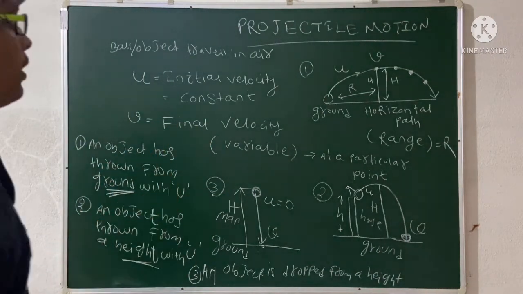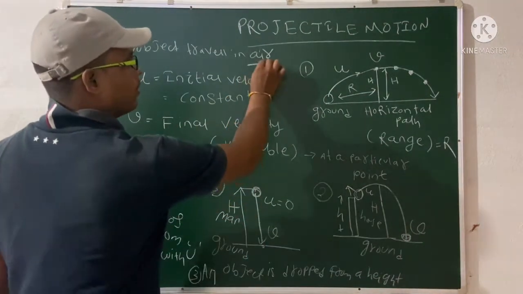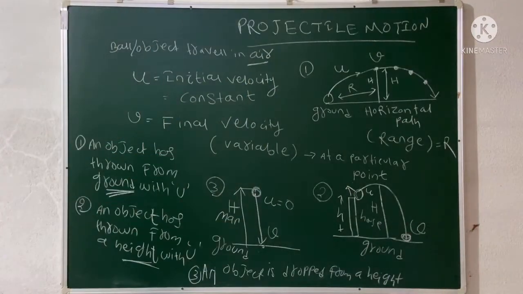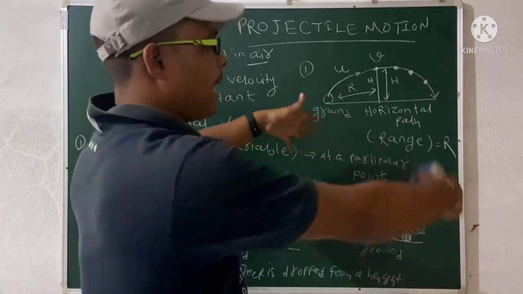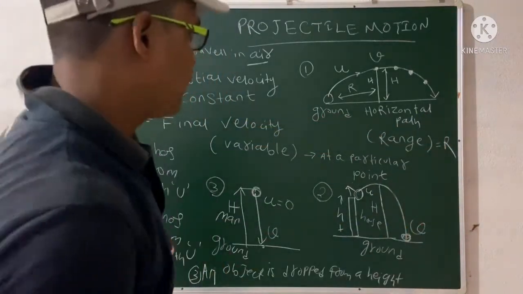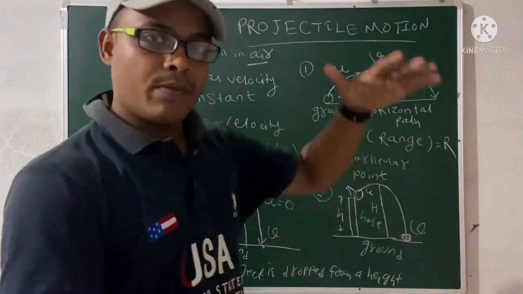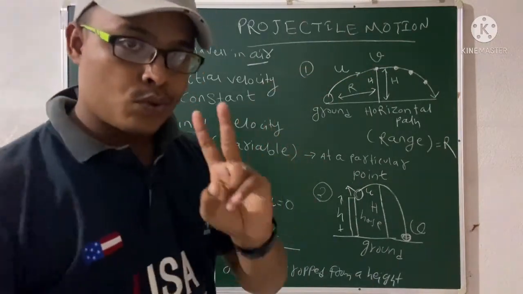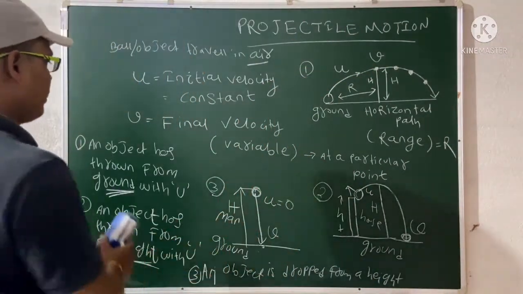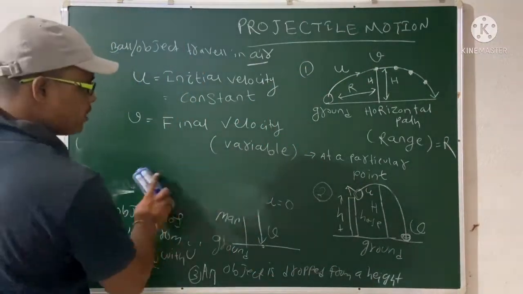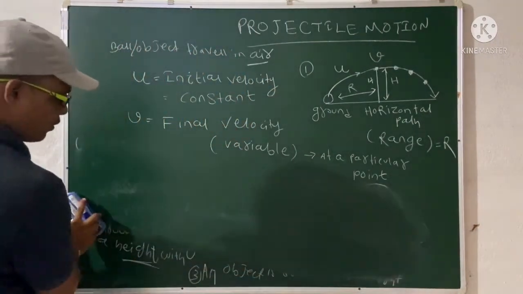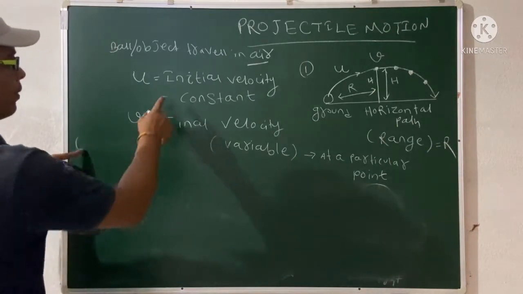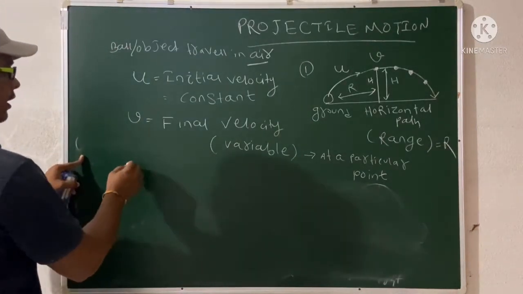One more thing here is the maximum height and the maximum range. The maximum range is the maximum horizontal distance and the maximum height is the maximum vertical distance. So there are some important things. These are the three cases of projectile motion. Then what are the important things? Try to remember your initial velocity, final velocity, then your